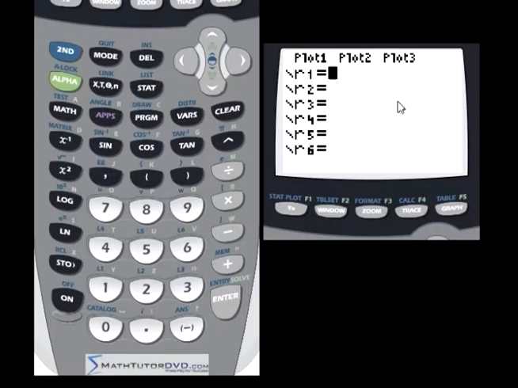So here you have 6 different equations you can plot at once, and just like before, you can change what some of these look like. You can change the line to a darker shaded line, and you have some other options that we've talked about previously. For now, let's leave them all the same. The first step is to put something in. So let's put something like 1 minus the sine of,